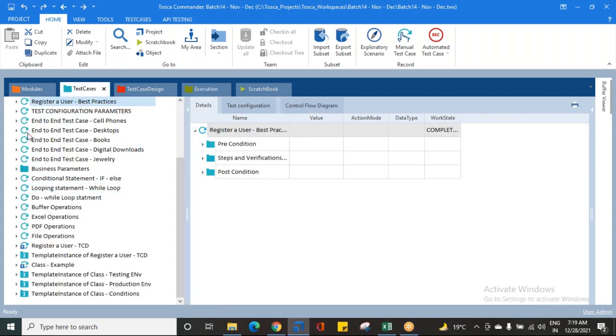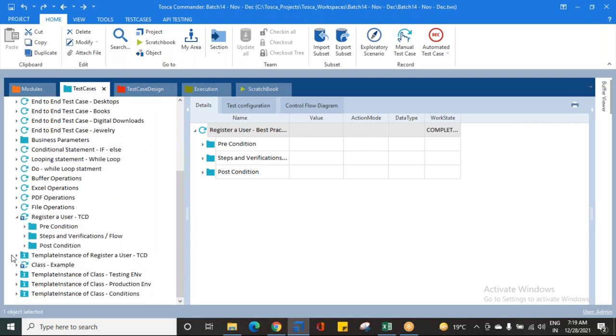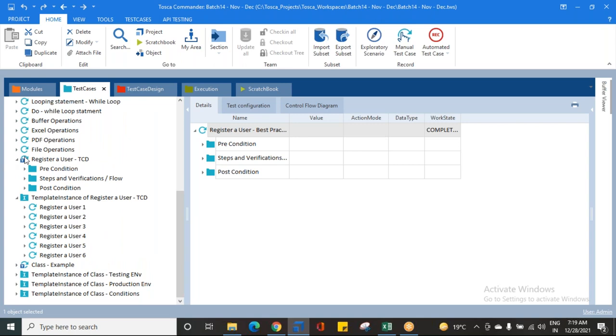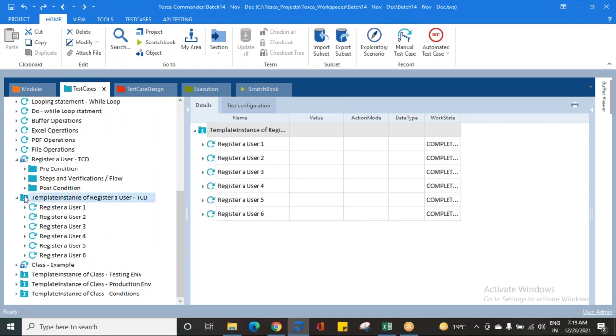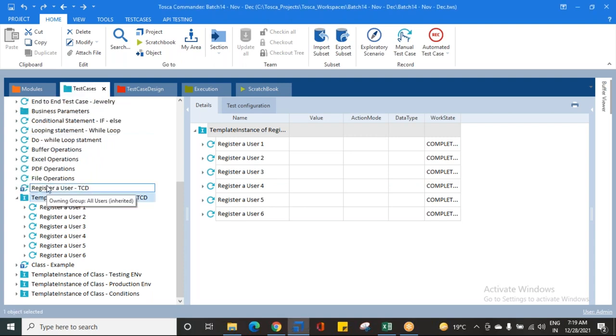I will just try to pull the test cases. Now I'll ask you one more question. Now see, if I want to execute the test cases which are present in the template and instances, can you guess which I should move, a template or an instance, to execute them? Instance, right. So what I will be doing is, because my template doesn't contain any data,